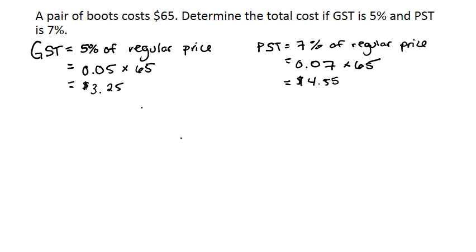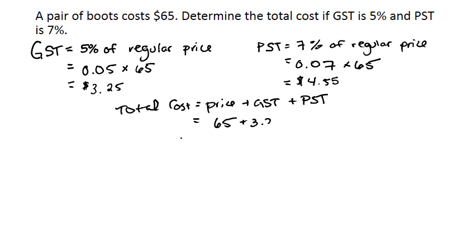So now, to find the total cost, we have to add them all together. So total cost is equal to the price plus the GST plus the PST. So our price is $65, the GST is $3.25, and the PST is $4.55. So when I add those all together, I get 65 plus 3.25 plus 4.55 equals